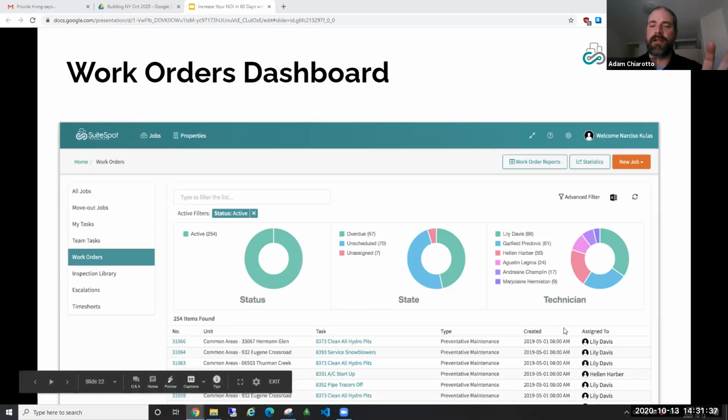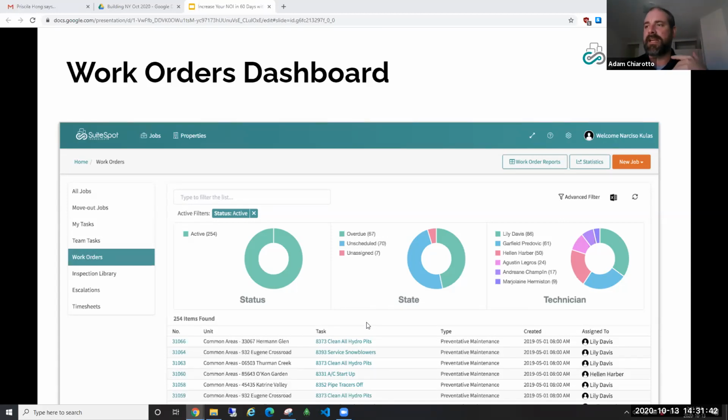There's a lot of KPIs as well that you can see along here. How long did it take me to assign work? How long did it take once it was assigned to get completed? And the best thing is we're actually gathering statistics on all of these various metrics and KPIs, so you're able to track the performance. How are we in June? How are we in July? Is it trending up? Is it trending down? What are we looking at here? It's very easy to do this. Because we have all of this data inside of SuiteSpot, it's very easy for us to not only track the data, plot the data, show you the trends, but also to identify the key areas where you can experience the most improvement on a go-forward basis.